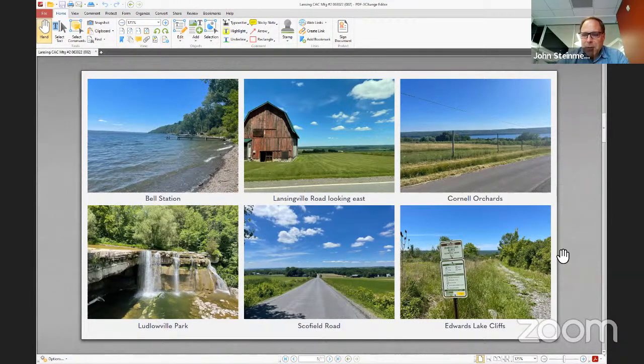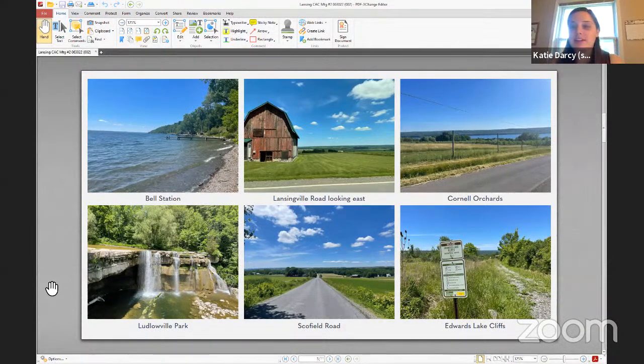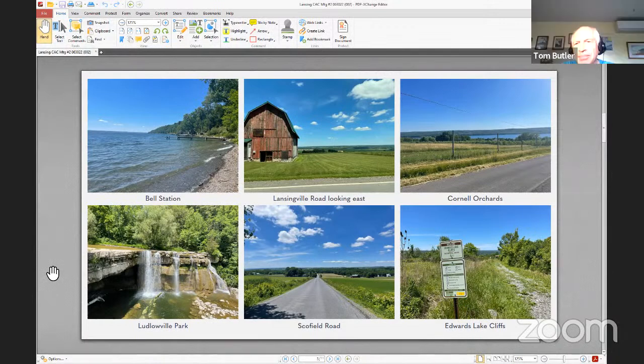I firmly believe it. And Katie, I don't know if you have anything to add to any of your impressions of our time down there, because you were able to do the Bell Station tour. I was not able to do that piece. Yeah, I was going to say it was great to be able to tour that site, and what an amazing asset for the town, and a huge victory for you guys. So kudos to that.